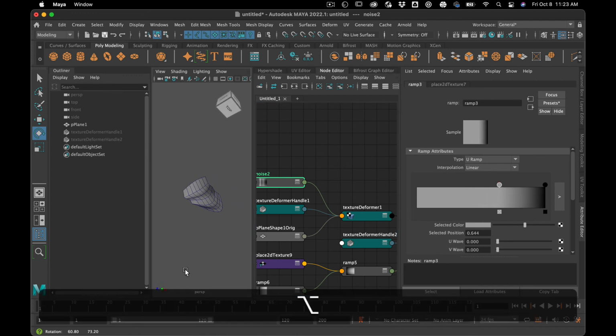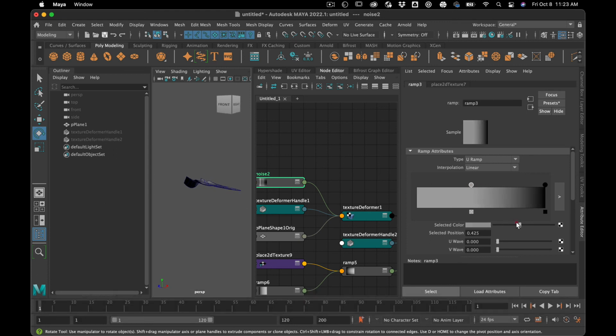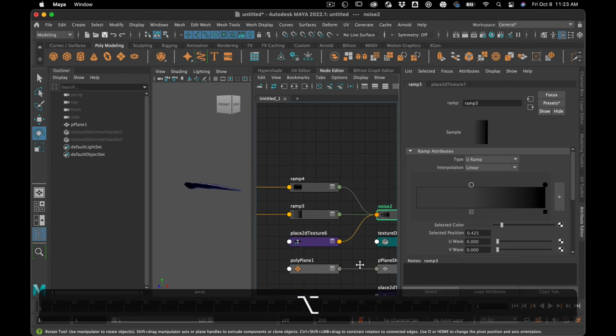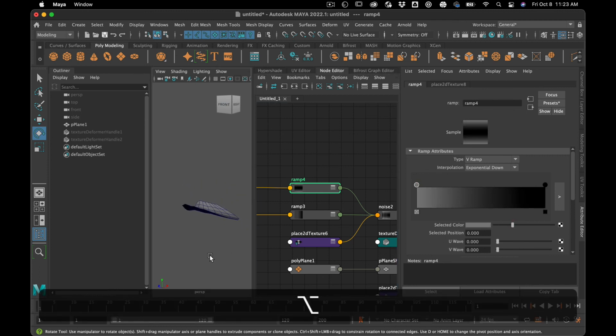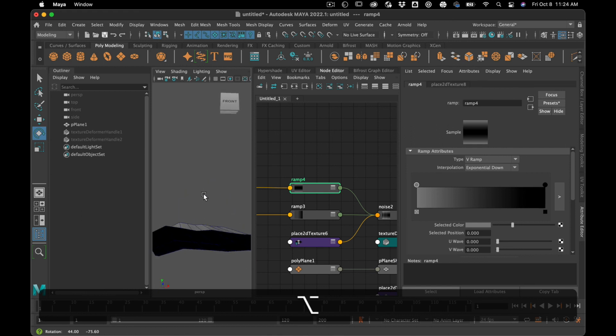I had it backwards. So more ripples at the bottom. All right,